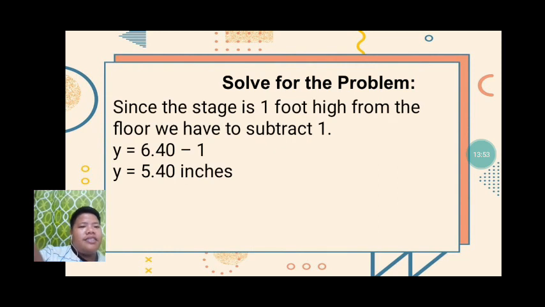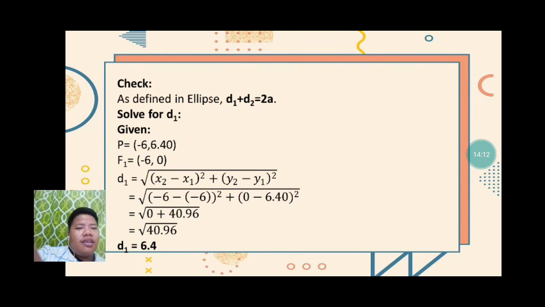Since the stage is 1 foot high from the floor, we have to subtract 1. Therefore, y is equal to 6.40 minus 1, and it will become y is equal to 5.40 inches only. To check, as defined in ellipse, our d sub 1 plus d sub 2 is equal to 2a. To solve for d sub 1, given P is equal to negative 6 and 6.40, and the foci 1